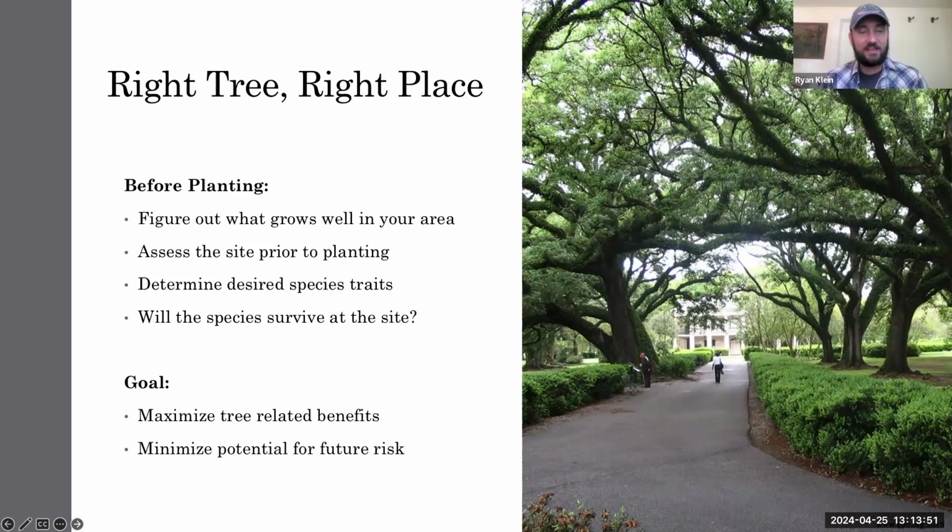We're going to be putting out an EDIS document here, hopefully in the next couple of months. We got it written, we just need to submit it, but it's a tutorial on how to use the site. So it kind of walks you through step by step on how to use it. And like I said, it's just good for finding the right tree, right place. But essentially, when we don't do that and the survival rates are low, we lose those long-term benefits.